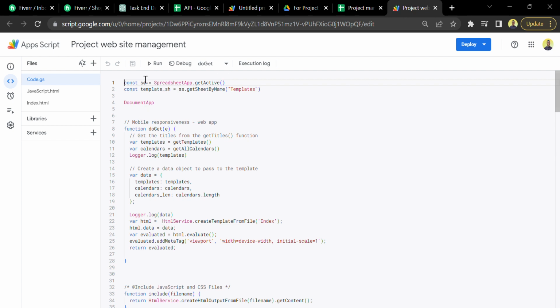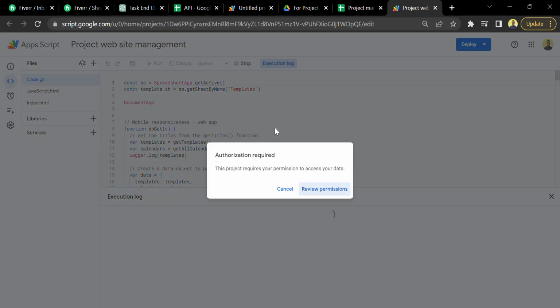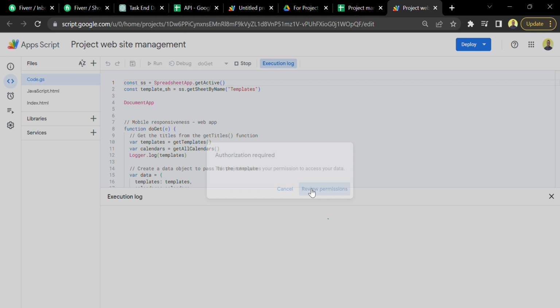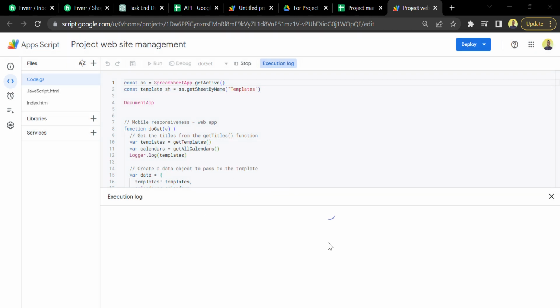The first thing you do here is to run the script like this, and Google will ask you to give some authorization, some permissions, so that they can run the script with your Google account. So you will go through these simple steps. Click on that button and then click on